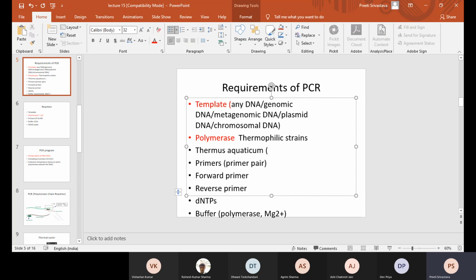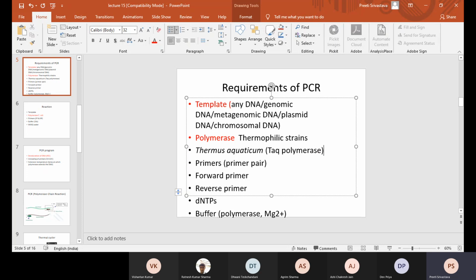Now who is going to tell me the name? Not Devpriya, somebody else has to try. I've already taught you the nomenclature of the enzymes. Taq. Yes, very good. So here the enzyme is called Taq polymerase.